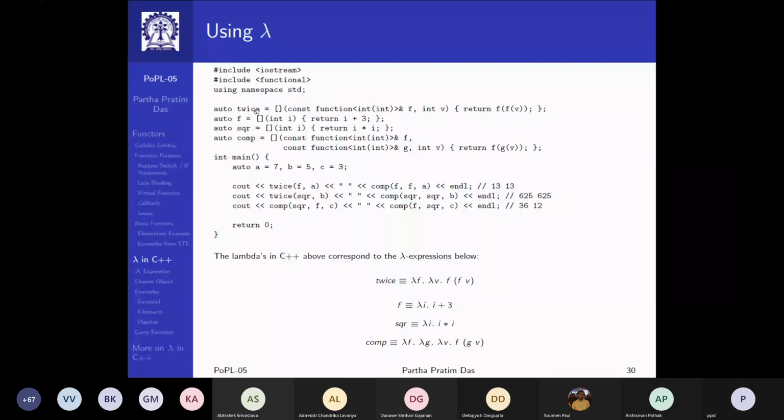So it's like the notation int x initialized to 5. This is the initializer. This whole initializer is actually a functor. And what is being initialized is an object of the name twice. So then this becomes a functor. So I can invoke it in the functor notation. I can take f, which